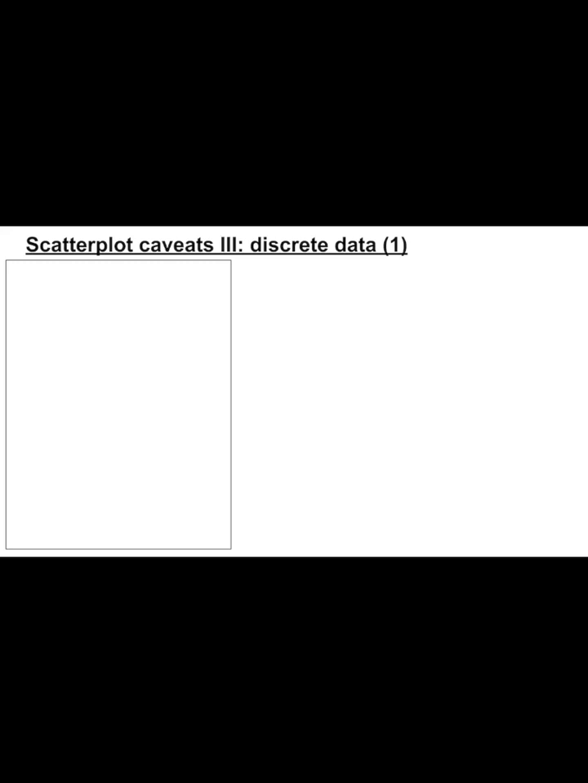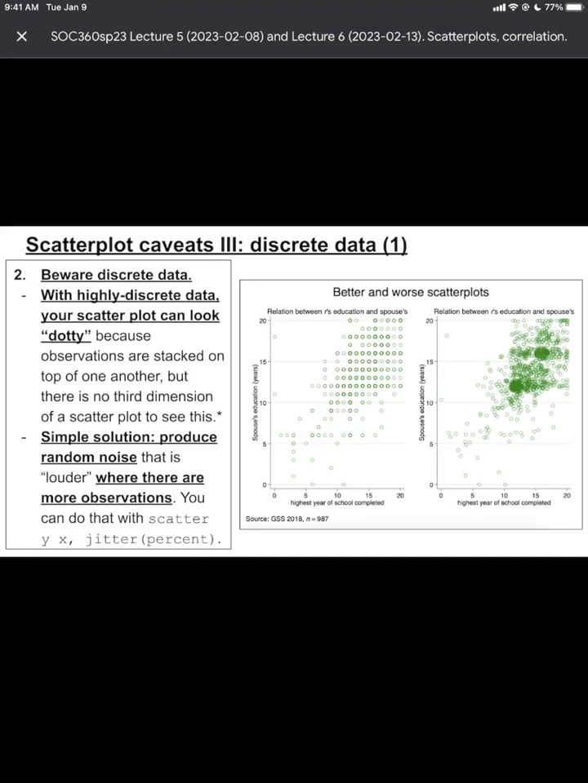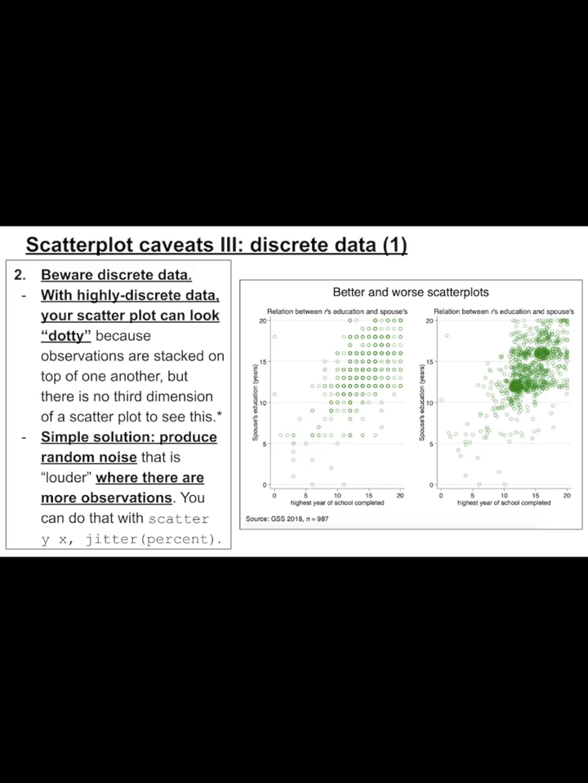I also want to point out the problem of discrete data. And it might seem like we're flying through this, but scatter plots at their most basic are pretty straightforward, and we're going to want to spend more of our time on correlation. But you do want to be aware of discrete data. So with discrete data, your scatter plot can end up looking pretty dotty, like this one on the left, because scatter plots don't have a third dimension in the standard construction. So in this graph on the left, I actually used a plotting technique where you can kind of see, although